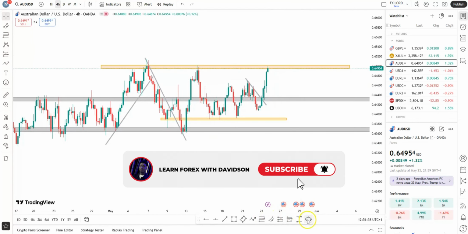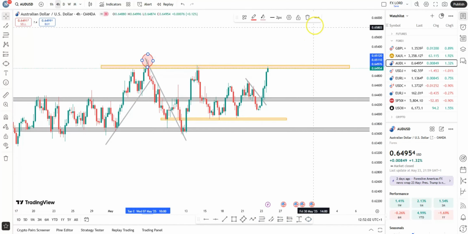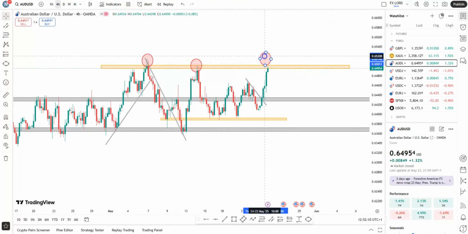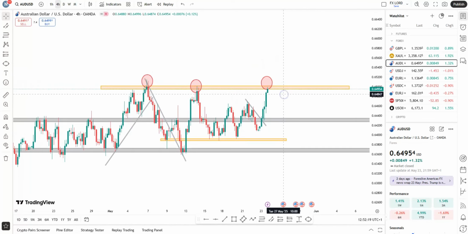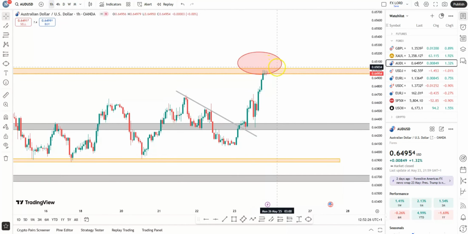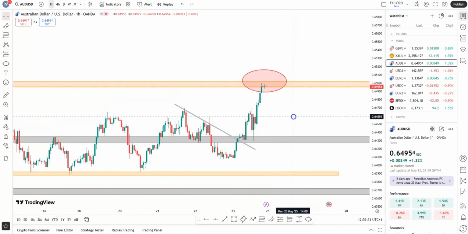So we have multiple touches at this level. We had the first, price came here, rejected. We had the second time, price came here, rejected. And the third time, price has come back to this resistance level. So we are going to watch out to see what is going to happen at this level. So right now, I'm not calling out for anything at this level. I'm just going to wait to see how price reacts around this level before I get into the